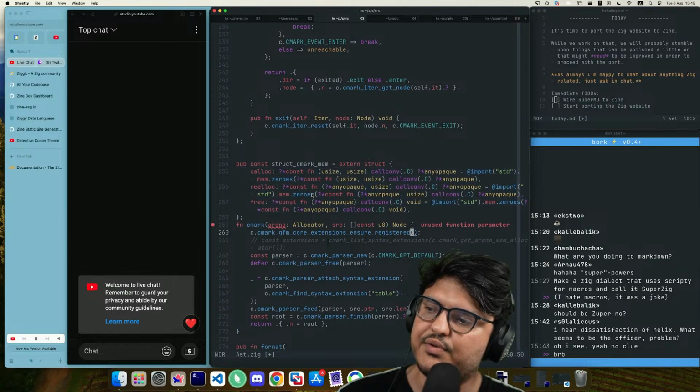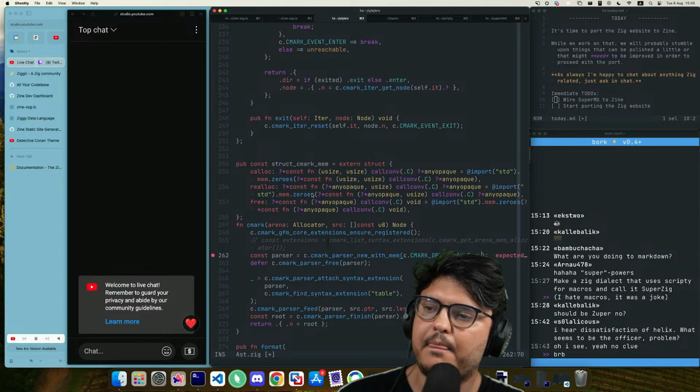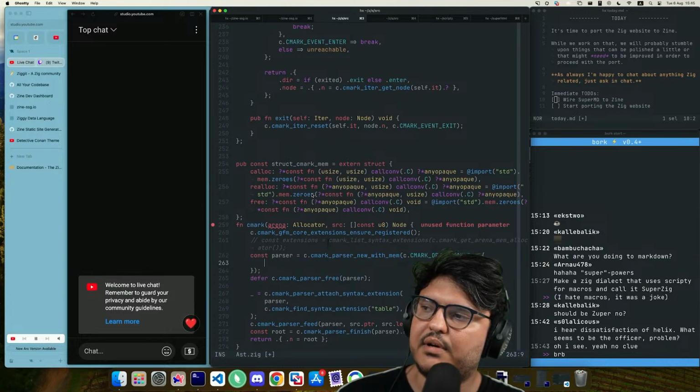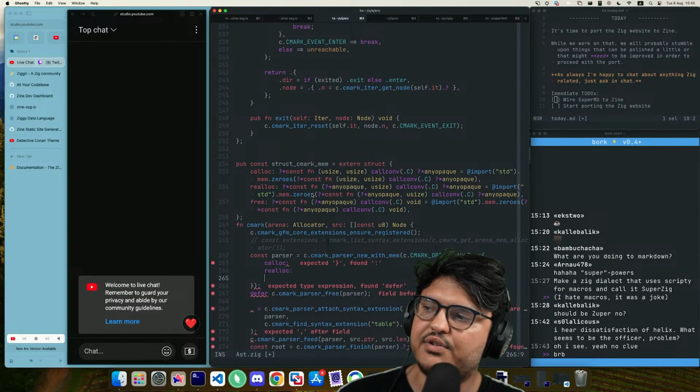Let's try. So we pass it with mem. And then we want to create one that has calloc, and it's a function, realloc, and it's a function. I should do dot.